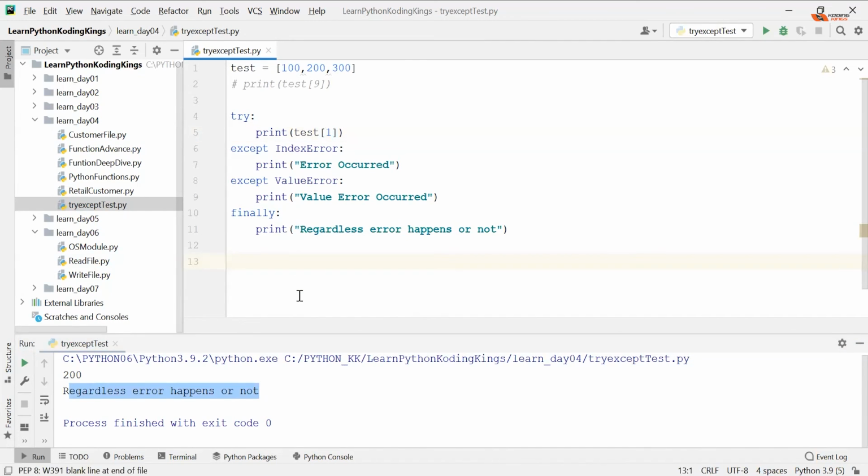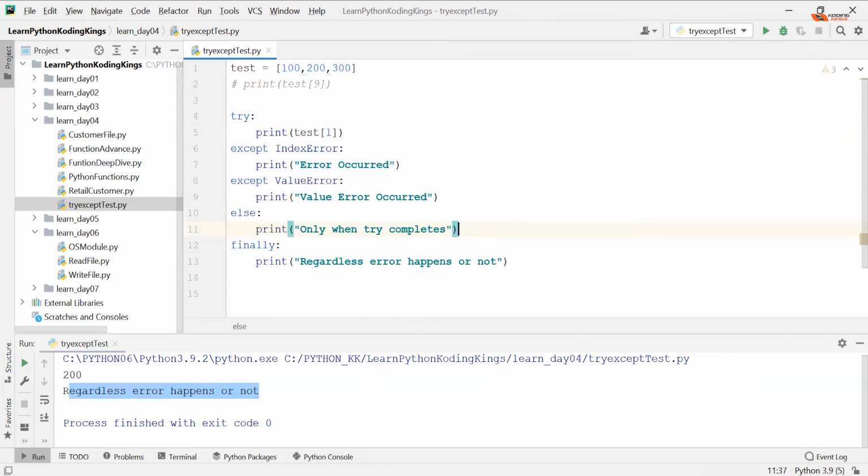There is additional stuff in Python which is called the else block. The else block is also available with try. Else executes only when try completes. It's not like finally. Obviously, you have to write else first, so else should come first, then finally. Remember this, this is the hierarchy: try, except, else, and finally.